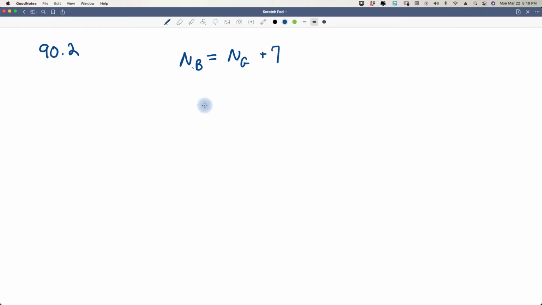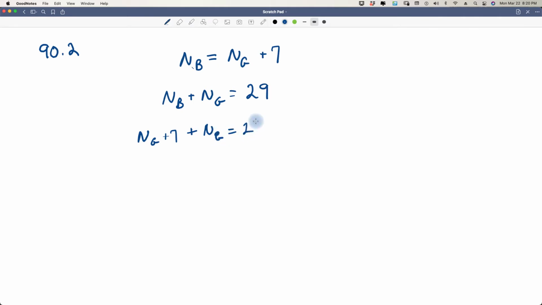If there were a total of 29 pupils, so the number of boys plus the number of girls was 29, how many were boys and how many were girls? Well, we've already solved for the number of boys. We know that there are 7 more boys than there were girls. So we can just take this formula right here and we can sub it in for the number of boys. So we can say the number of girls plus 7, because that's the number of boys, plus the number of girls